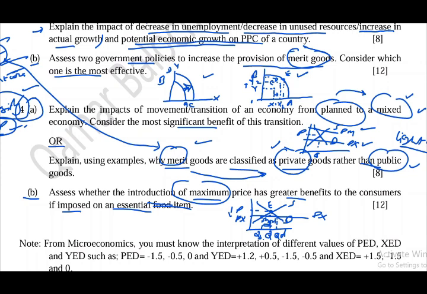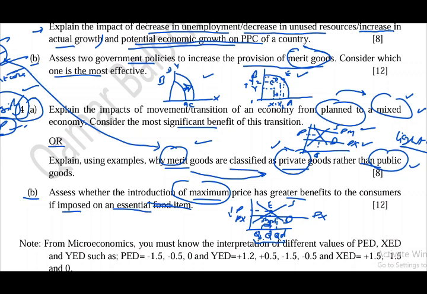However, on the other hand, you can say that setting maximum price causes shortage if it is effective and set below the equilibrium, and you can identify this shortage as well. This is the area of shortage from QS to QD, and it leads to black marketing as well. Black marketing is when unofficially sellers will charge higher prices than the price set by the government below equilibrium, right?